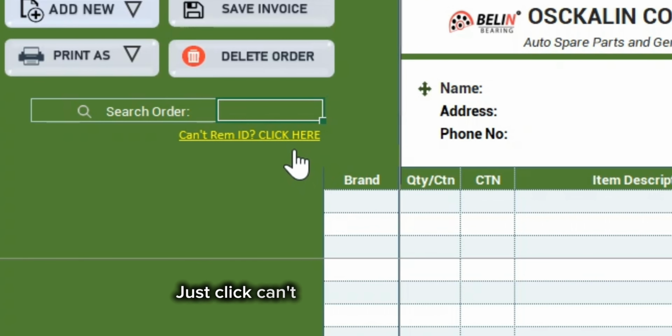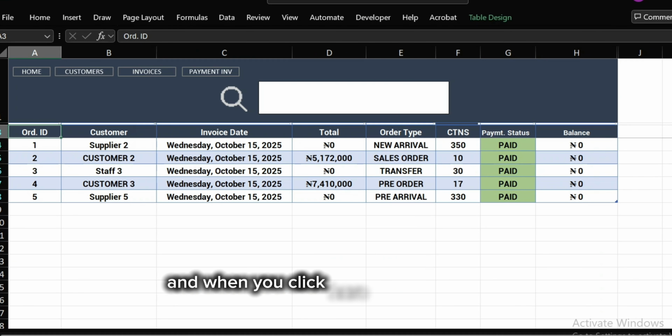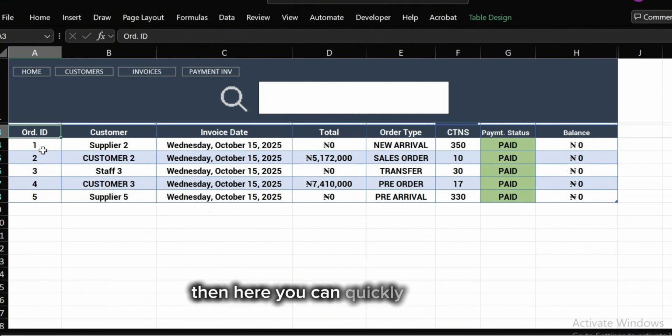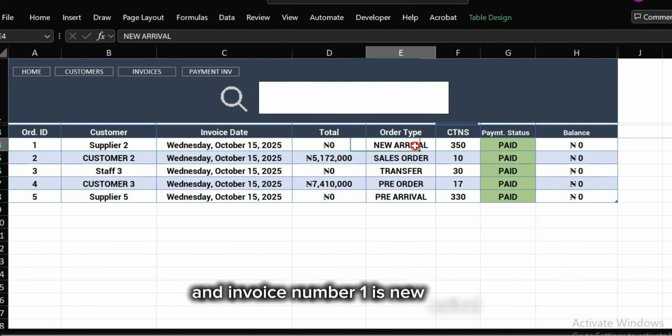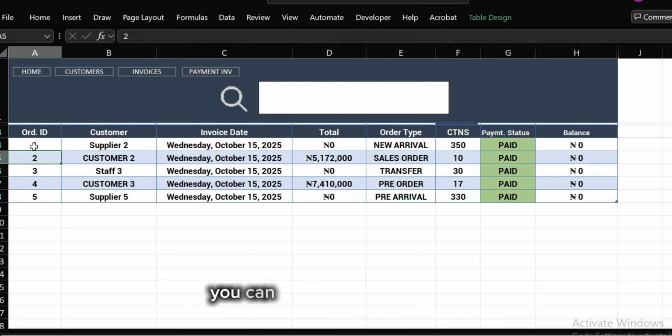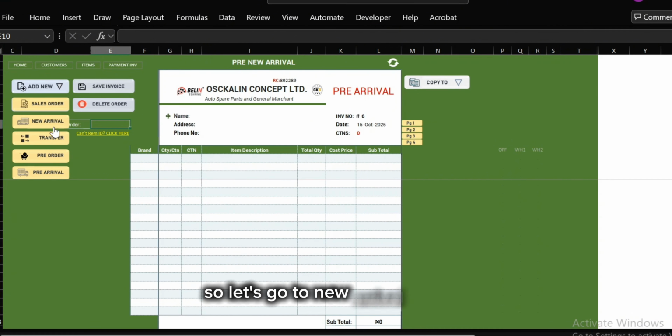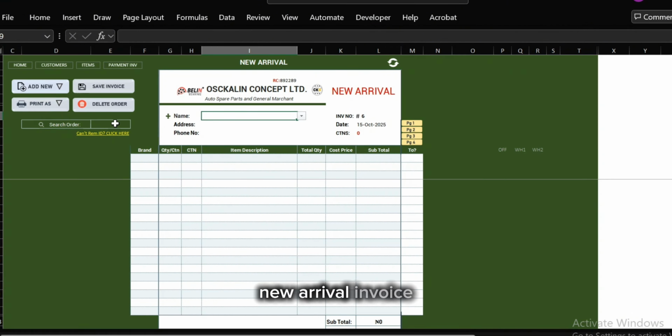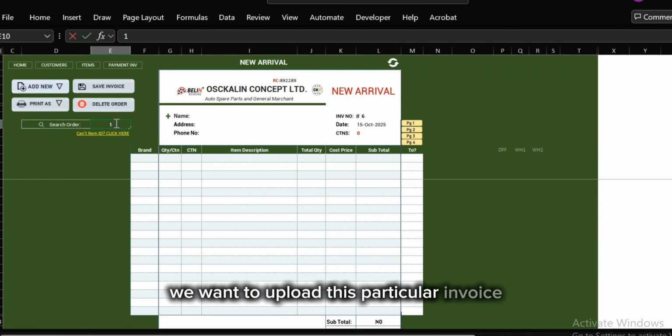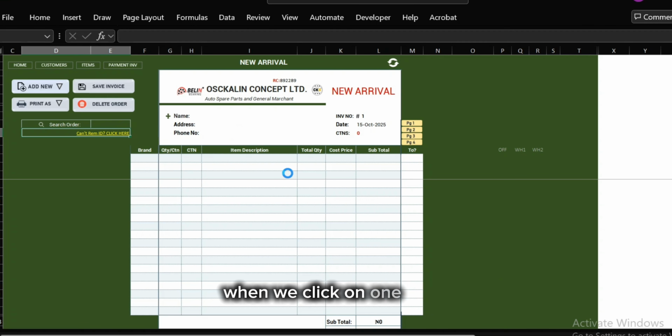Just click can't remember ID, click here, and you will see the activities, the invoices so far that you've written. This is what the page does. Then here you can quickly say, okay, this is invoice number 1, and invoice number 1 is new arrival. This is invoice number 2. You can easily see the order ID, and from here you can go back to the invoice and select. So let's go to new arrival invoice. We want to upload this particular invoice. When we click on one, it will